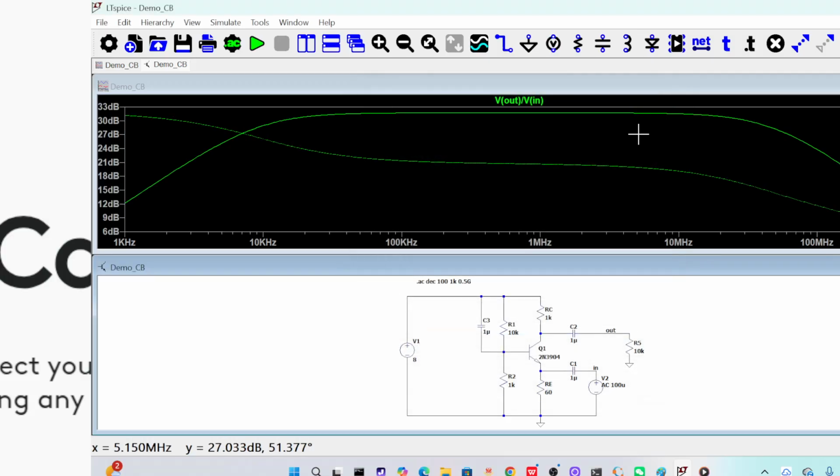So here we go. Not too bad. We have a much wider bandwidth, and the voltage gain is also very high. And remember, the phase here will be close to zero in the pass band. It shouldn't be larger than 40. If you want higher gain, yeah. If you want higher gain,